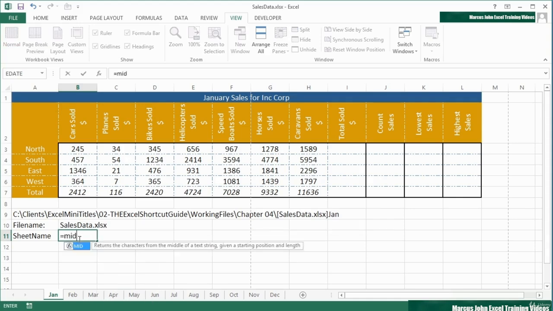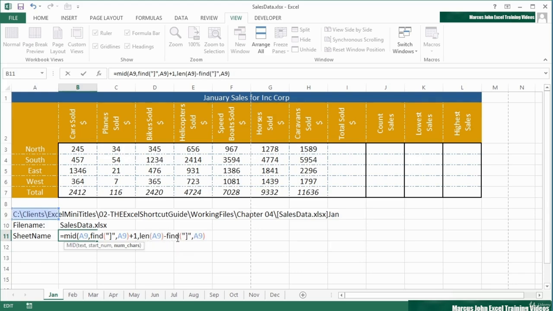So it's the MID function again, looking at my full string, starting at wherever the close square bracket is. So I need to find the close square bracket using the FIND function within this string, add one character on, because I don't want the square bracket, I want the first character after there. So that's the start point. But then how many characters? Well, I want to go from there to the end. So the number of characters is going to be the length of that whole string, take away wherever the close square bracket is. I've just copied that function and pasted it in. Copied one too many commas. So we're going for the length of the whole string, take away wherever the square bracket ends up, close, return,